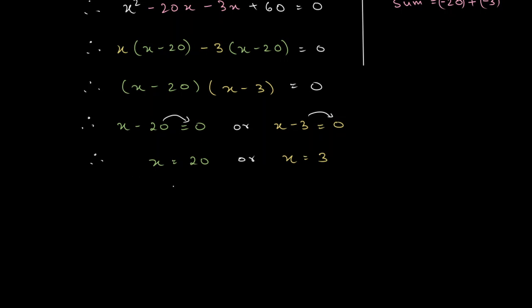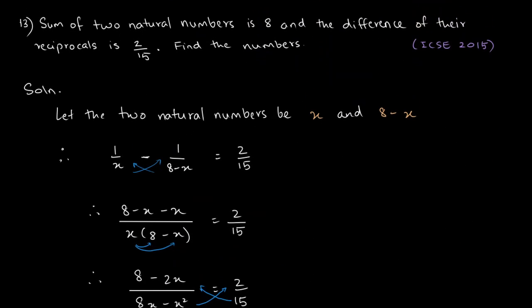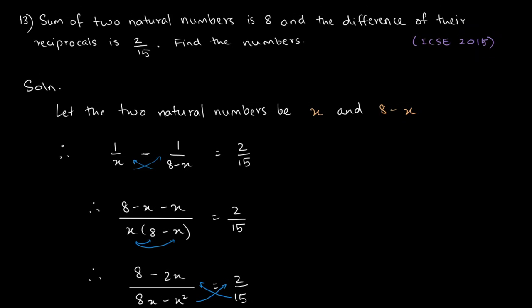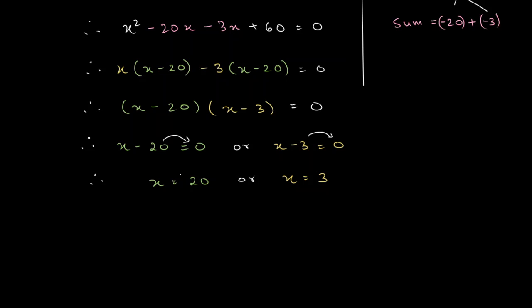Now, understand one thing. Remember, it's a quadratic equation, so you will end up getting two values for x. But it may not be true that both answers are valid for us, because if we revisit the question, the first line tells us that the sum of the two natural numbers is 8. Now, if the sum of the two natural numbers is 8, it is not possible for x to have the value of 20, right? So therefore, I'll say that since the sum